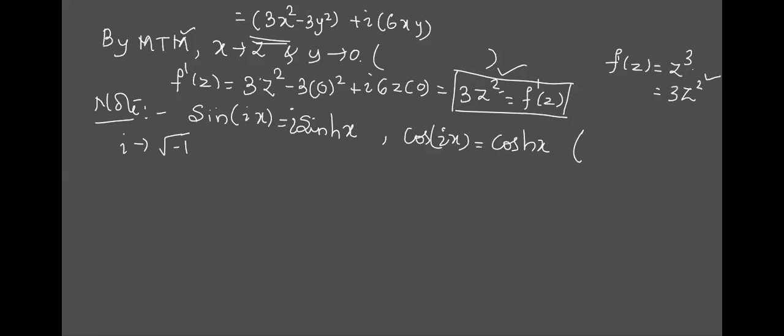If you want the proof of this, it is very simple. Sine hyperbolic x is expressed as what? What is the definition of sine hyperbolic x? Definition: e raised to x minus e raised to minus x, divided by 2. You can take the help of this and prove it, but that is not at all required now. You need to remember it. Hope the part is clear. Don't forget this i, which will come in the case of sine only, but won't come in the case of cos.